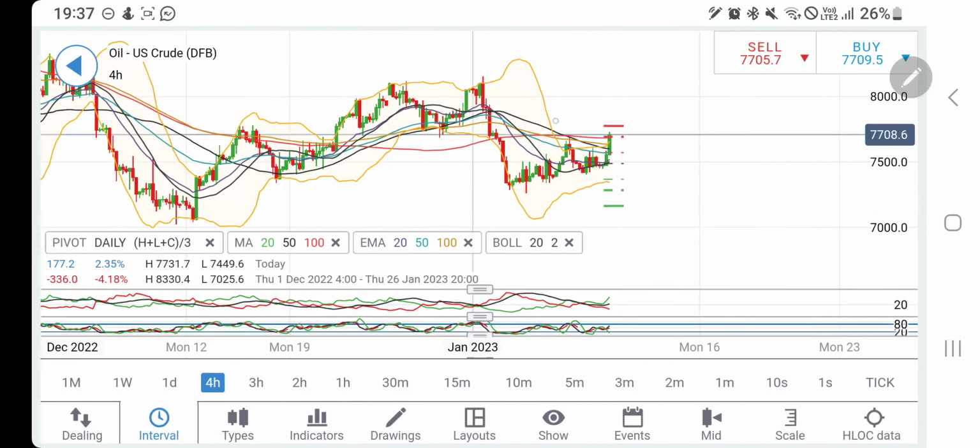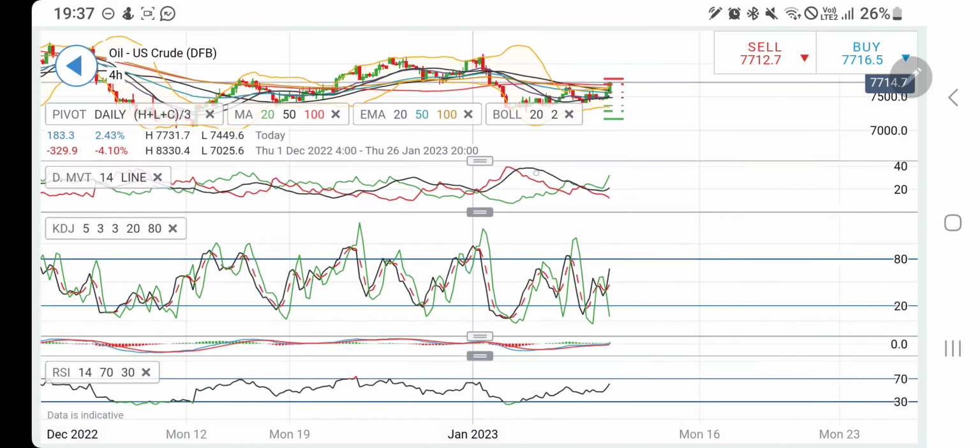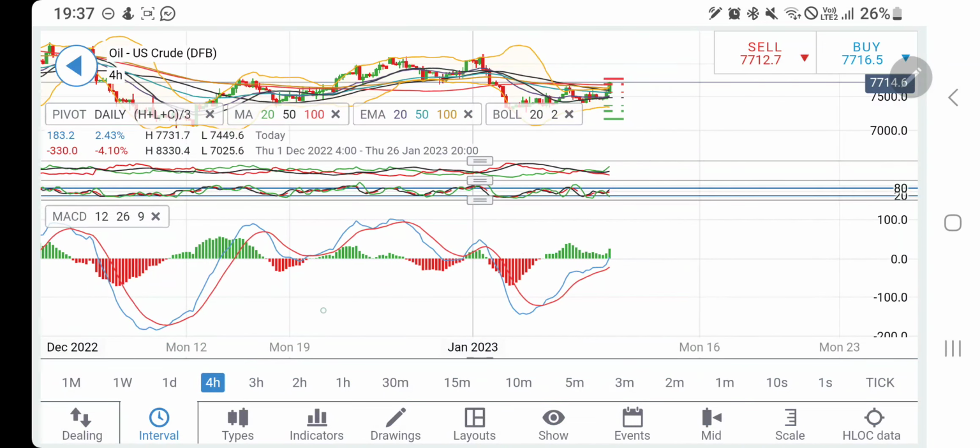And if you look at the 4-hour chart, clearly it is trying to trade within this beautiful channel here, and probably see rise, retracement, and at any point of time if you see a breakout on the downside, that is only applicable if you see it trading below 75, 74 levels. So till the time, probably you should not consider this as bearish. At the same time, the only bullish reversal confirmation is if it trades above 78, then 79.2, and then above 80 levels, and hence you should trade accordingly. Directional movement here is bullish, stochastic looking upwards, MACD is bullish here, and RSI is also looking upwards.